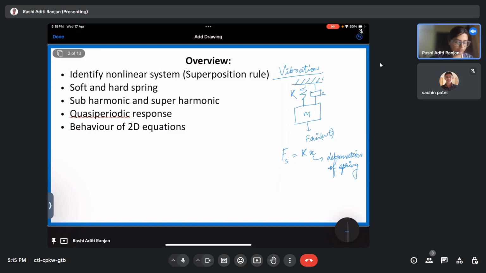So first thing is that we learned about how to identify the nonlinear system. If you people remember, we learned about a superposition rule wherein if my system satisfies the superposition rule, then I say that my system is linear, otherwise it is non-linear. So if you remember my superposition rule,